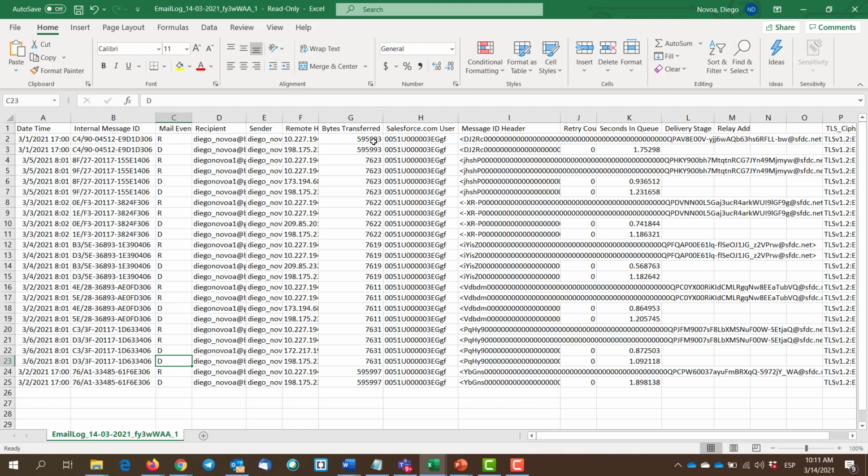Depending on your needs, in this report you can also find the email header, how many bytes were transferred in the email, the ID of the user that sent the email, and more. I would recommend you take a look at the Salesforce Knowledge Article about email logs for further details. The link is provided in the video